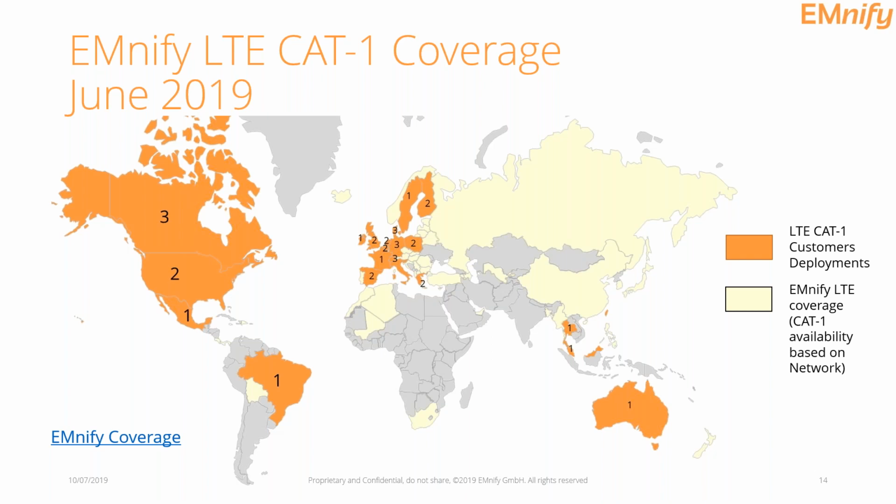Here the map shows the orange ones where we actually have customer deployments and the networks that are used in these deployments, and the yellow ones, as of today, we have no LTE Cat 1 deployments from a customer. Would be happy to support you in case of testing. But this is where we basically would have the LTE coverage available so that you can deploy your LTE Cat 1